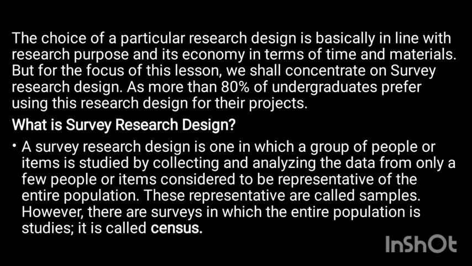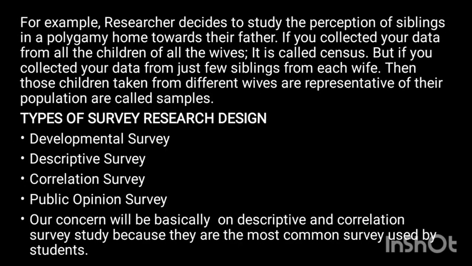I'm going to explain it further. For example, a researcher decides to study the perception of siblings in a polygamy home towards their father. If you collected your data from all the children of all the wives, it is called census. But if you collected your data from either one or two children from each of the wives, then those one or two children that you use to collect your data are samples,